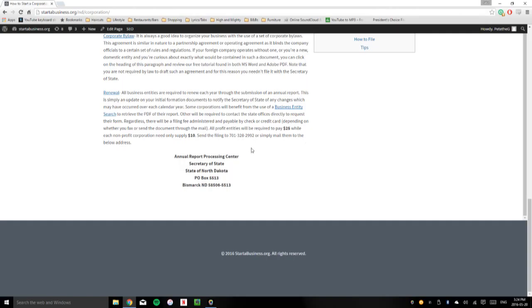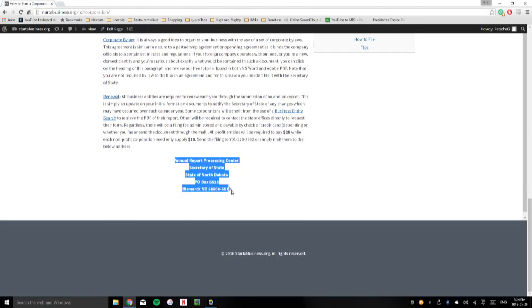You can send the filing by fax to this number or by mail to this address. It's a little bit different because it's got annual report processing center at the top there, so be sure to send it to this one and not